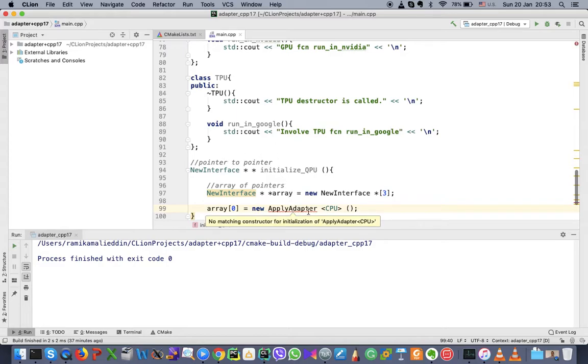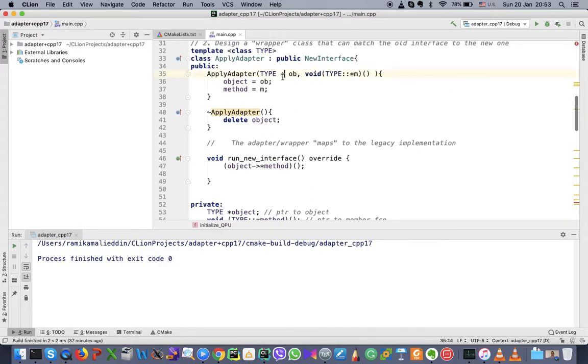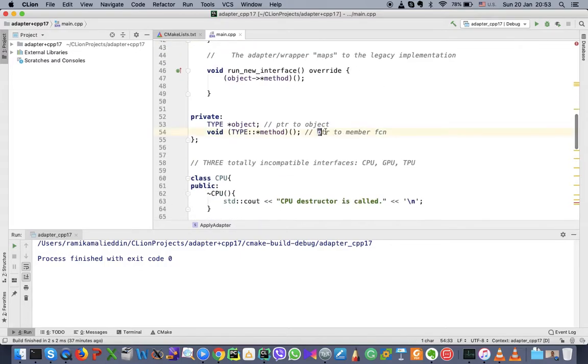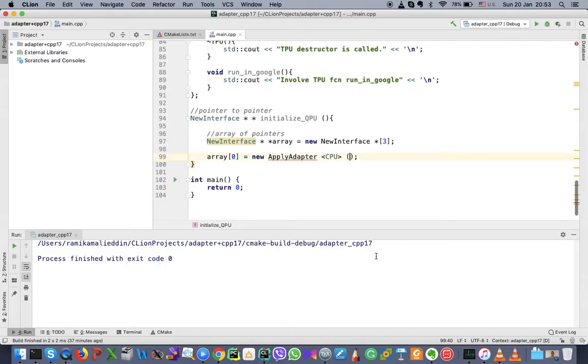Let's look at how we construct apply adapter object. We need an object, and then we have functor. And this functor is a pointer to member function. So that means we need an object, a pointer to new object, CPU, and we need a pointer to a member function, so reference sign CPU